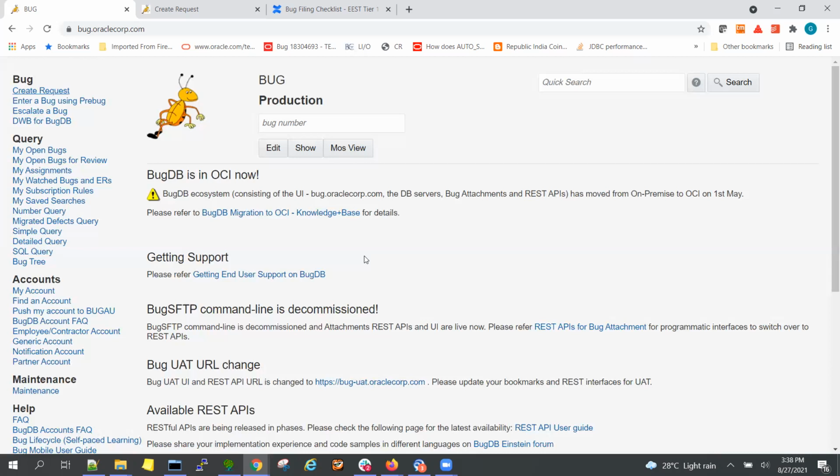Just do a comparison and see what kind of issue is being reported, because sometimes customers will not be proactive enough, or I should say reactive enough, to capture a hang analyze. Normally we request the customer, whenever a hang scenario happens, to capture a global hang analyze dump and upload it to us.